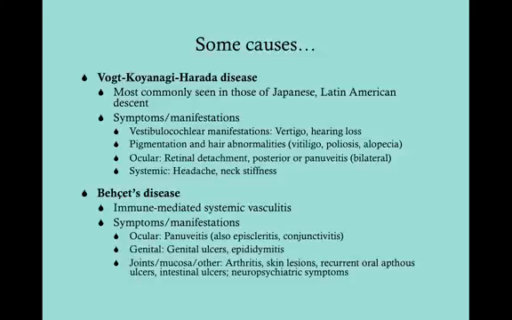You can also get episcleritis and conjunctivitis with Behçet's disease. Can't pee, that would be your genital ulcers and epididymitis, which would make it painful on urination. And then can't climb a tree, that would be your arthritis. So you can get arthritis, you can also get skin lesions, very importantly recurrent oral aphthous ulcers, which are just canker sores. You can get intestinal ulcers, which can ultimately cause bleeding in the stool, and then neuropsychiatric symptoms